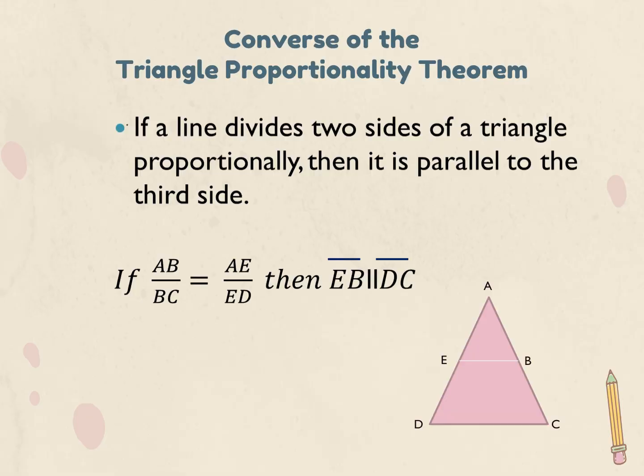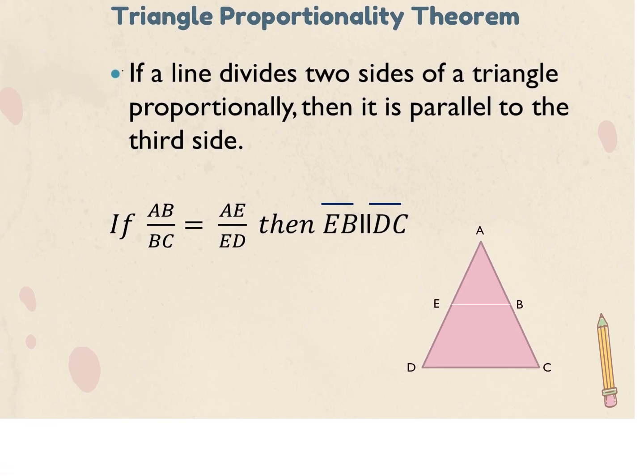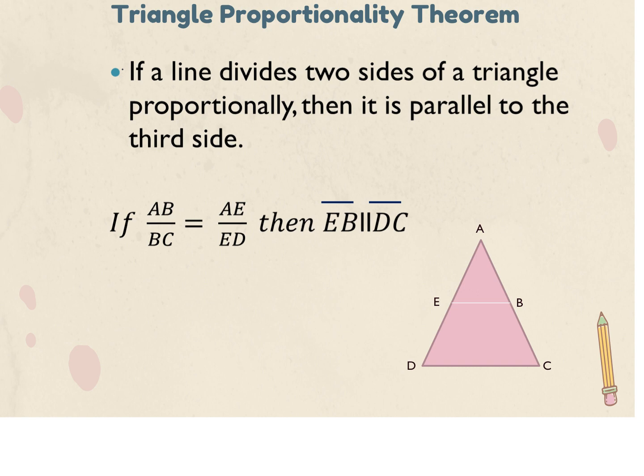The next theorem is the converse of that triangle proportionality theorem. So remember, the converse switches the order. So if a line divides two sides of a triangle proportionally, then we can show that it's parallel to the third side. So now what they're telling us is that we have proportional sides, and then we can prove that EB is